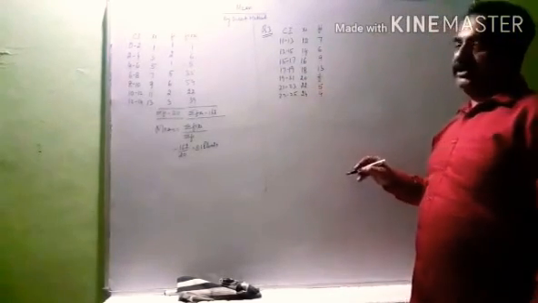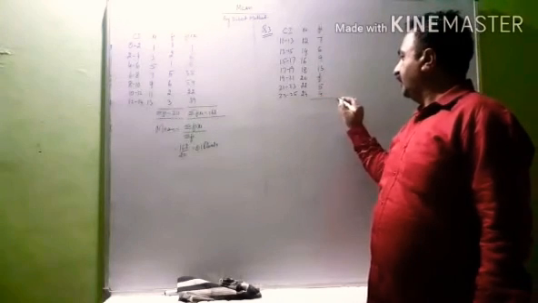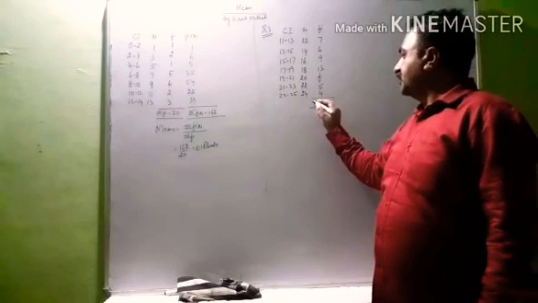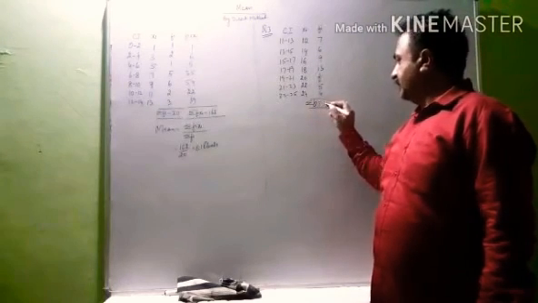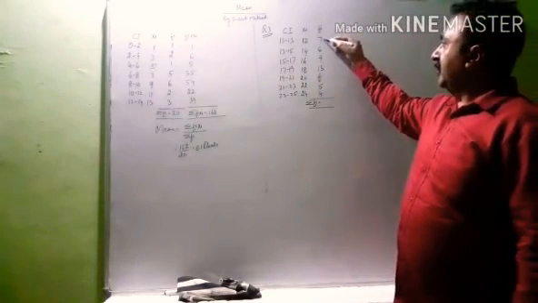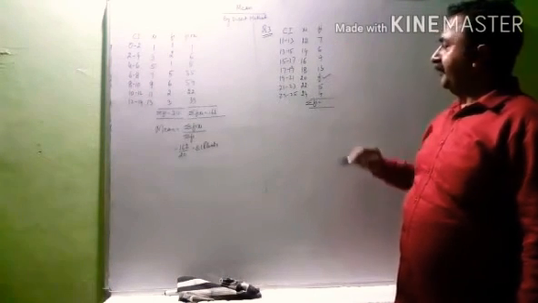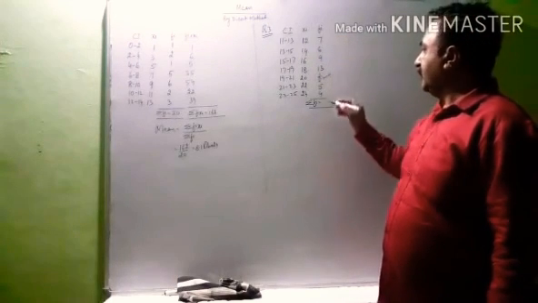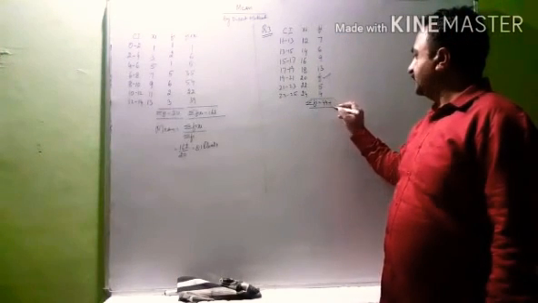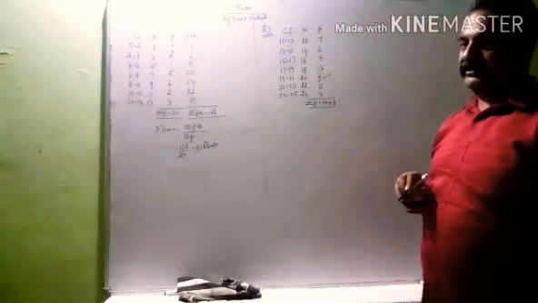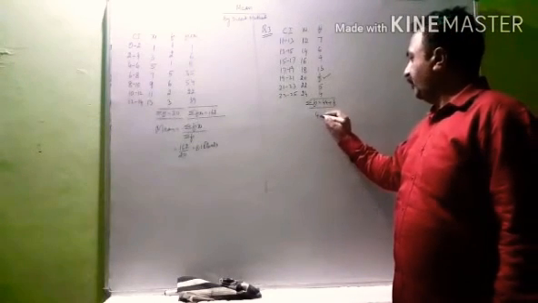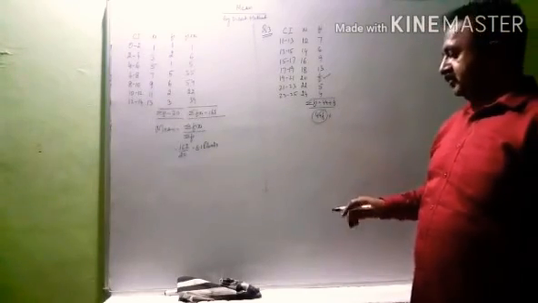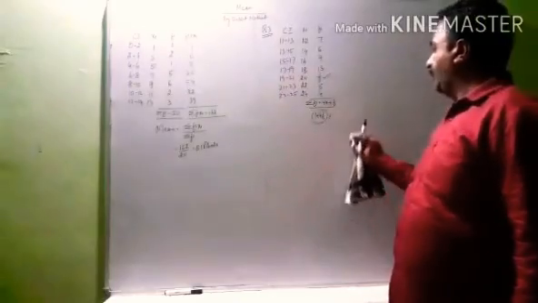Now I want to check what is the total number of students, or terms. So add the frequencies. Now f is not a number. Addition takes place only in like terms. So add the rest of the numbers, and you get 44 plus f, because f is not a number. Some students write 44f. That is wrong, because you have multiplied it. Whenever adding, f cannot be added like that.